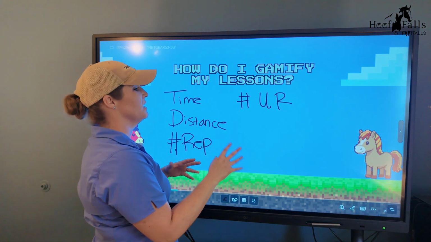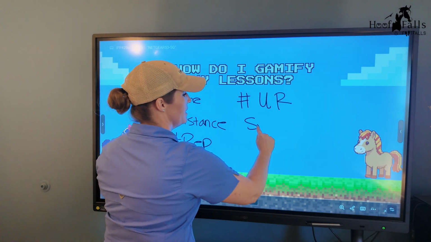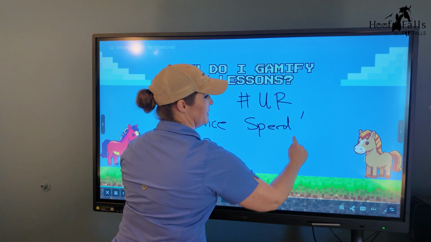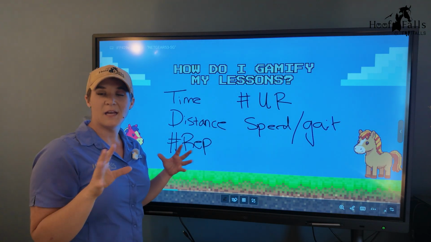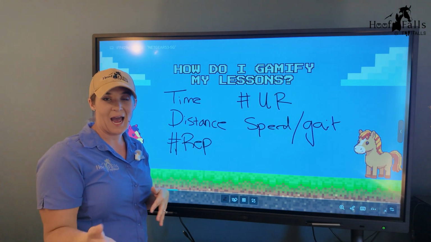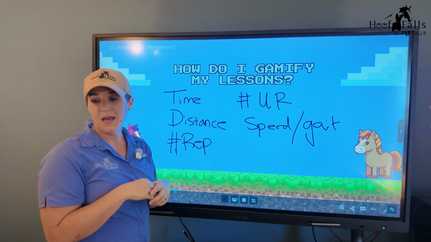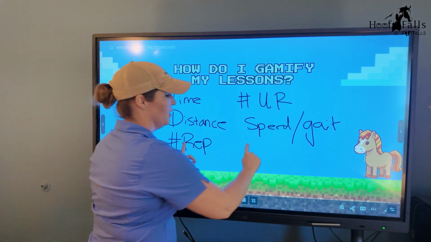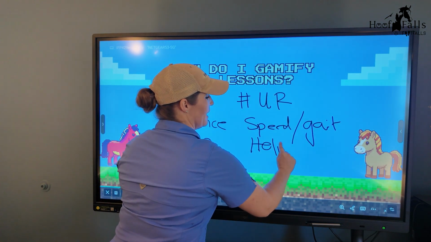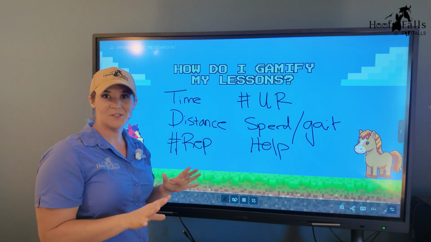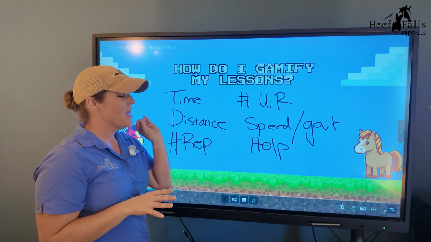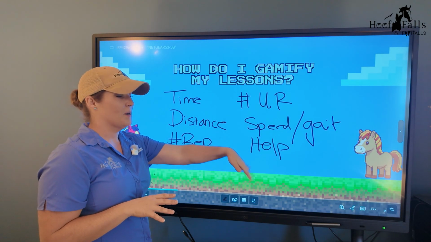Other things that you can adjust are going to be your speed or the gait that you're riding the skill at, or whatever you're trying it at. You can make it harder or easier. And then how much help. That is going to be another thing that I can use to adjust the different levels and challenges that I create for them. And that could be help from another student.